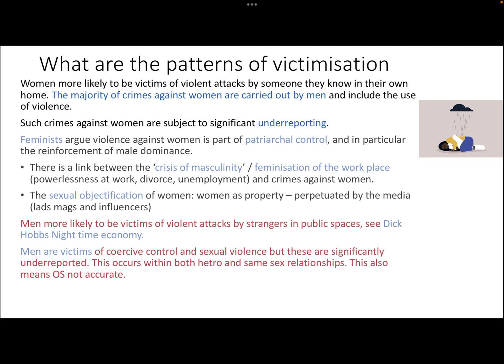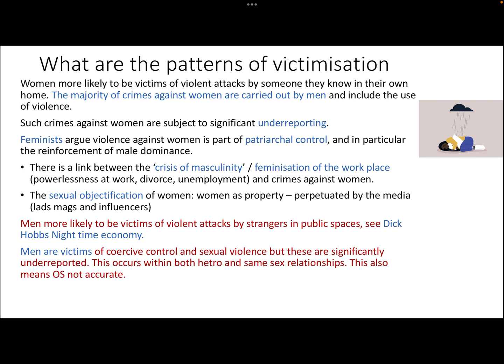Okay, so it means they don't show up in the statistics. So feminists argue that violence against women is very much part of patriarchal control in society, and a lot of the time violence is used to reinforce male dominance. So, for example, there is a clear link between the crisis of masculinity that's kind of going on with deindustrialization and changes in the workplace, and perhaps feminization of the workplace, where we're getting a lot more women working, but also females managing men, with this sort of sense of powerlessness at work, a lot more divorce and unemployment, that loss of breadwinner status. So this sort of stuff's going on, and what we're seeing is an increase of violent crimes against women, where men are trying to reassert their masculinity